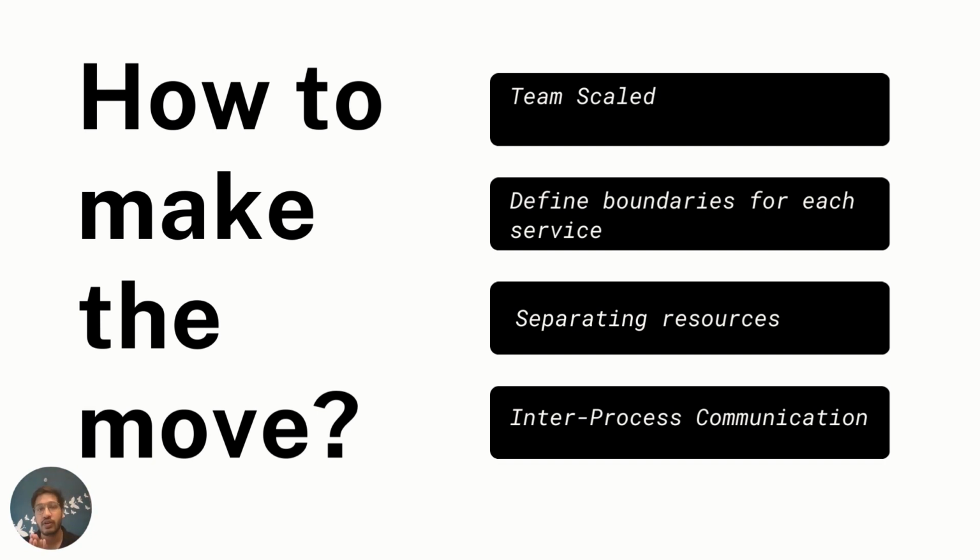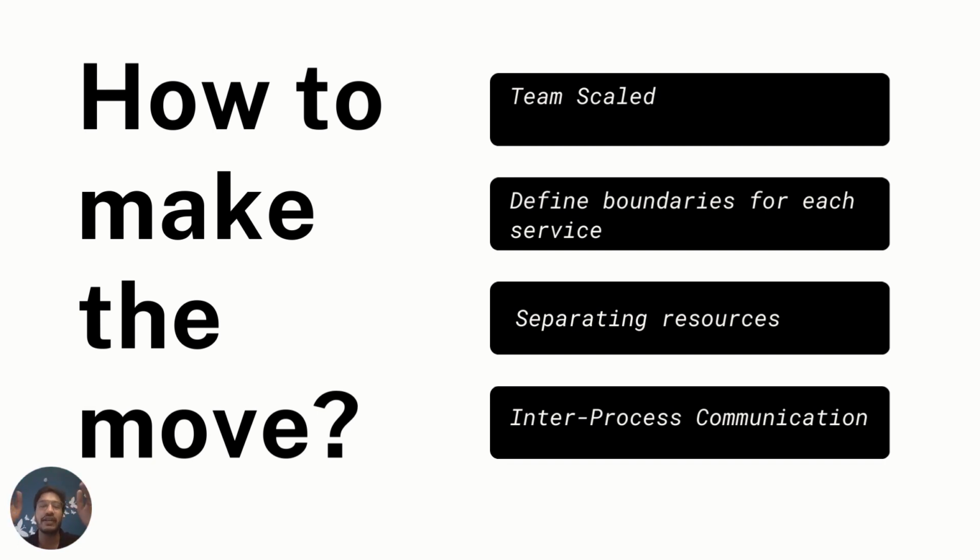When you have a large team, it's better to define ownership boundaries and decouple the entire system into small services. You want your product teams to be working on different products, and you want your deployment to be smooth. When your team scales, you can separate team members and assign them to different services, with each team managing the whole deployment cycle of a particular service. So the ideal time to move to microservices is when your team scales, and not when you have a huge number of users.